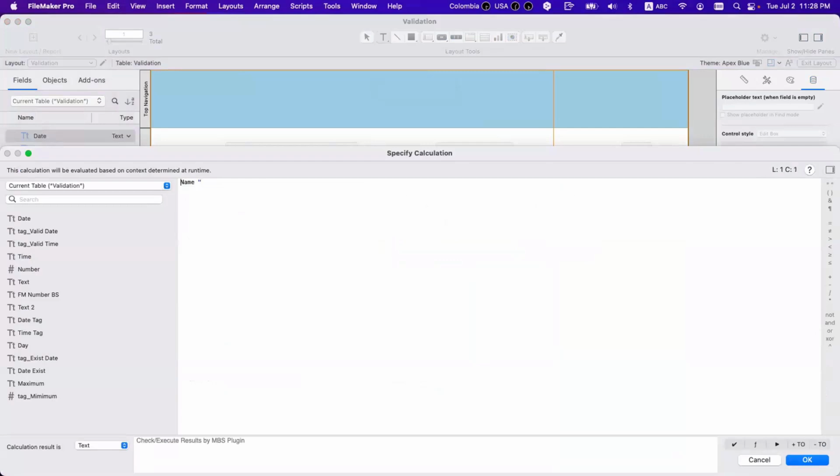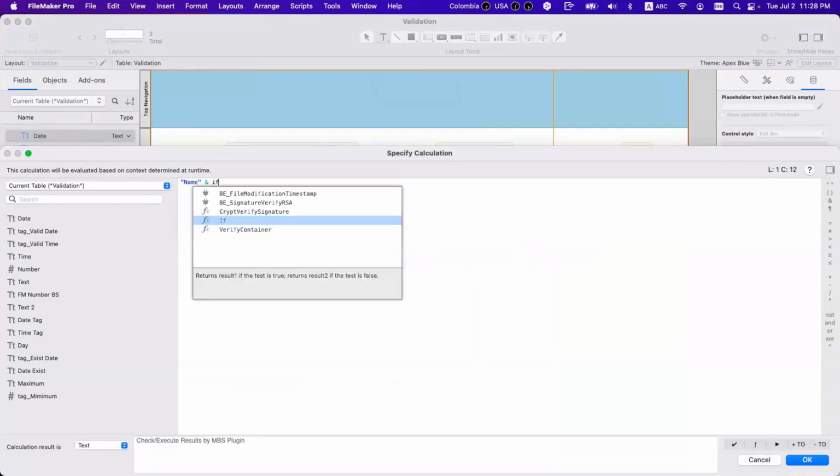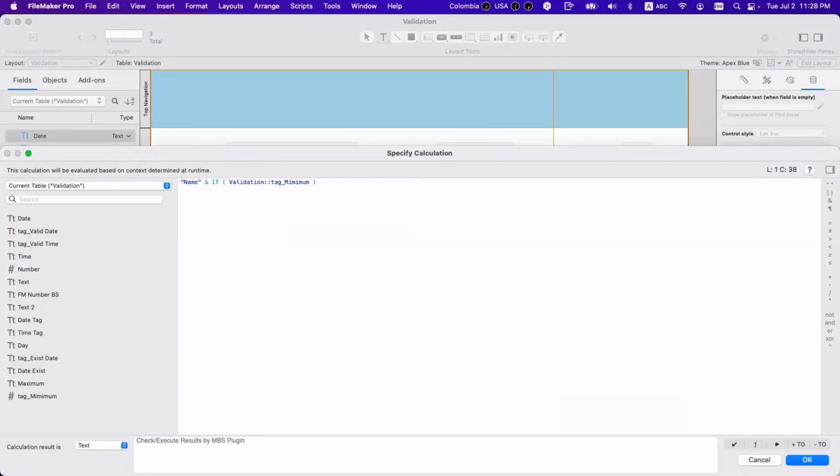So you have a calculation dialog, a layout calculation that says name. And if the tag, if I have this, I say something like this, otherwise nothing.